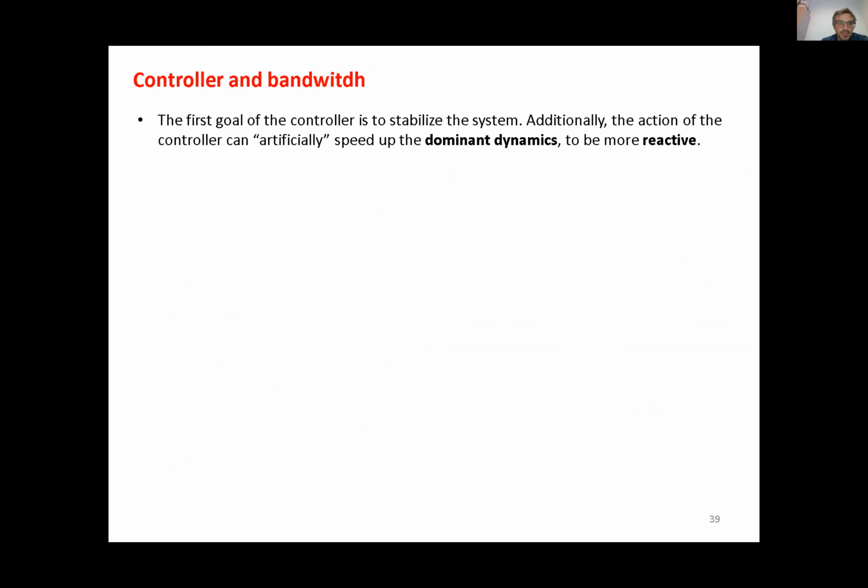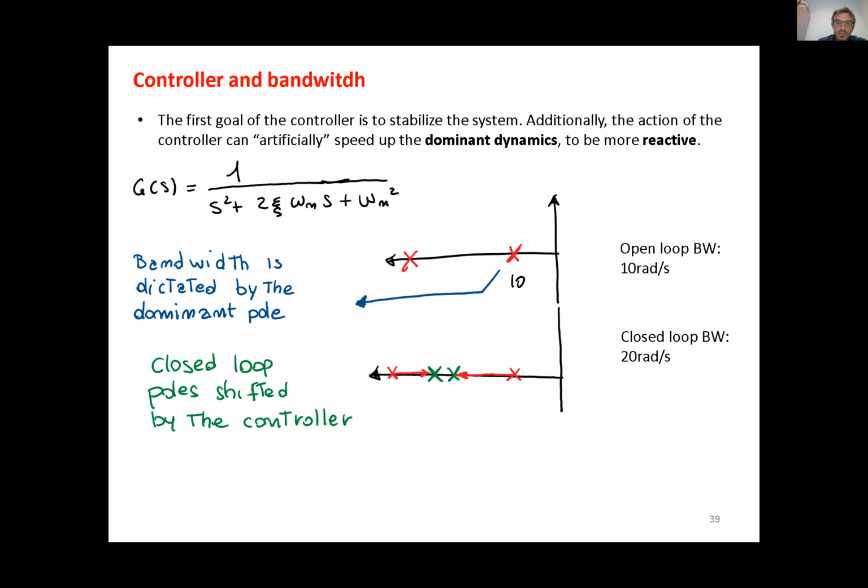And the first goal of the controller is to stabilize the system, and also to artificially speed up the dominant dynamics, so to increase the bandwidth of our system. Let's say our system is stable and has a small bandwidth, and with the controller we can make it more reactive. So think, for example, of a second order system like this, and these are